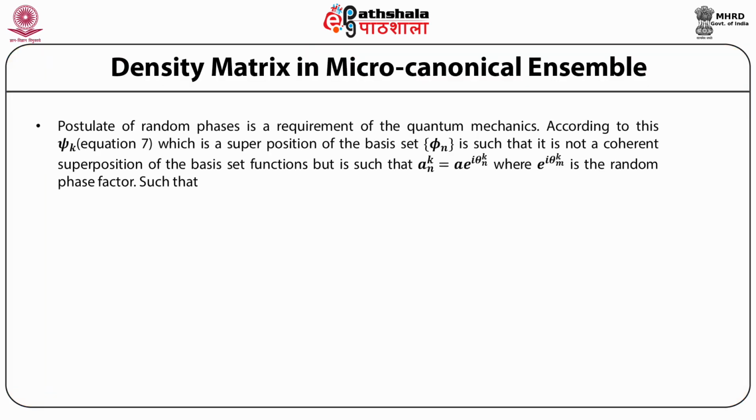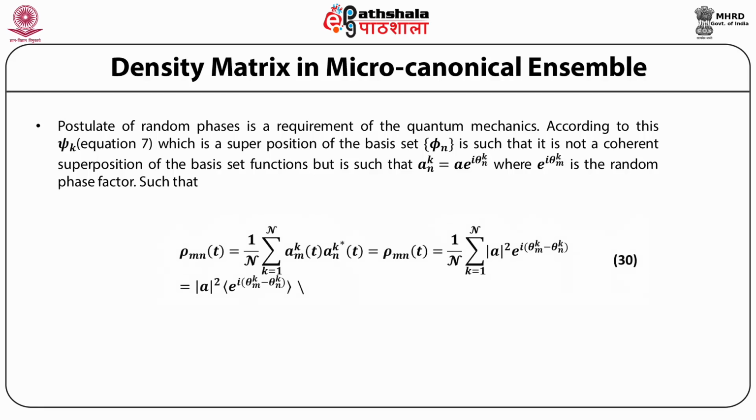Postulate of random phases is a requirement of quantum mechanics. According to this, the state psi k, which is a superposition of the basis set phi n, is not a coherent superposition of the basis set functions, but is such that a nk is equal to a e raised to power i theta kn, where e raised to power i theta kn is the random phase factor, such that the matrix element of rho between the states m and n is equal to 1 upon